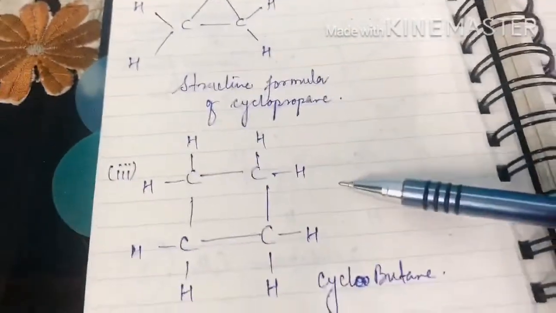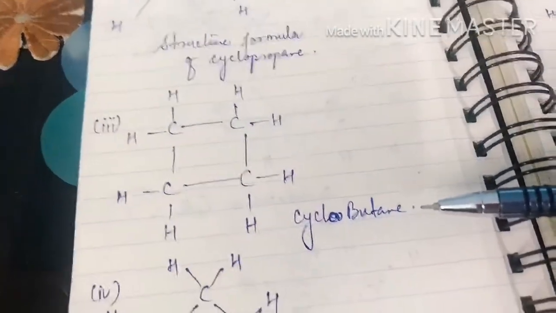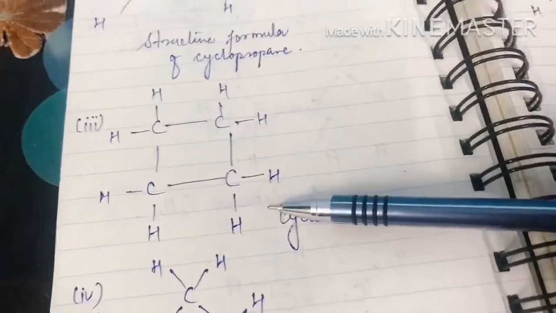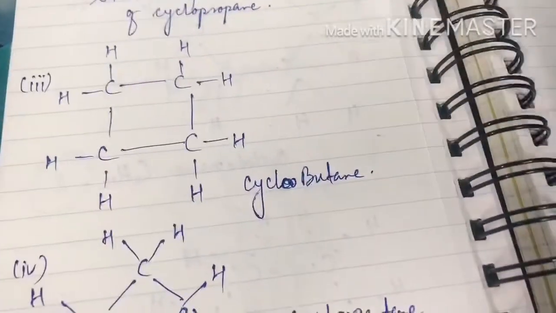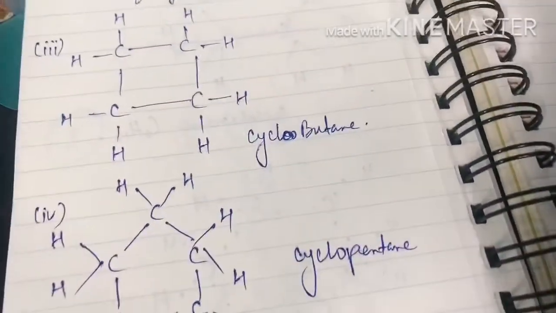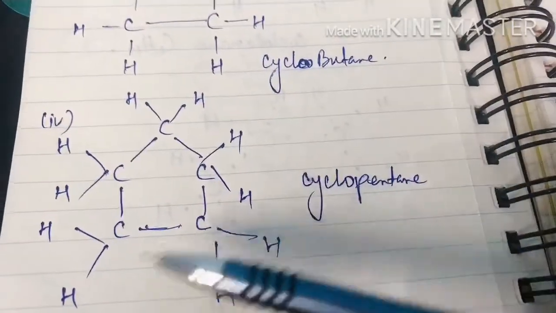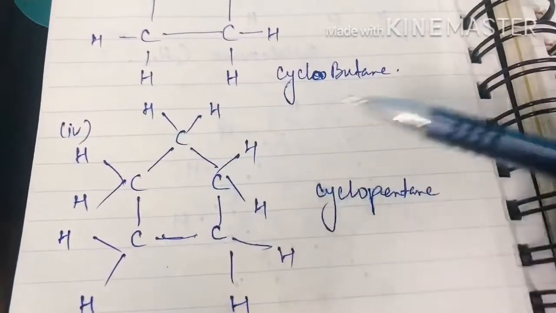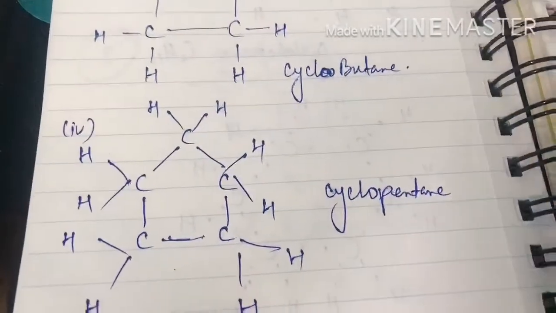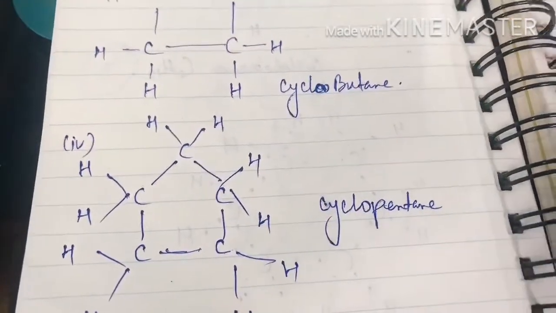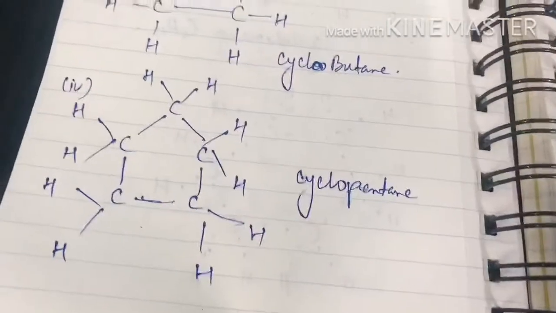Here you see what I have made, cyclobutane. My motive is just to show you different bonds if you have not seen them. Right, see cyclopentane, where 5 carbon atoms are there, and the general formula is the same general formula we are talking about, CnH2n. You can calculate it yourself also.